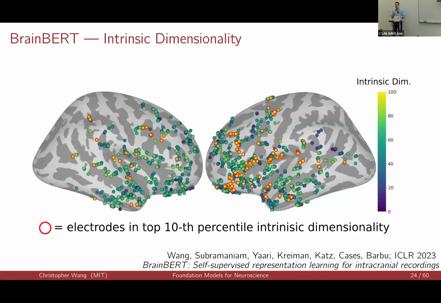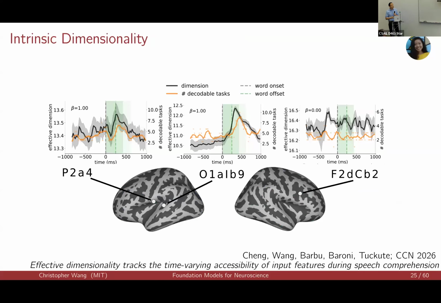And this makes sense for our movie task, but this is a preliminary result that we got a couple of years ago. I want to highlight work that our collaborator, Emily Chang, is currently doing at UPF Spain. And what she is doing is looking a lot more deeply into these trends in intrinsic dimensionality, in particular, the time evolution of dimensionality. And what she has found is that the time course of dimensionality here in black tracks with the time course of the decodability for a lot of these language tasks we were talking about here in orange. Just an example of a result. She has many more experiments that she's going to be presenting this summer.